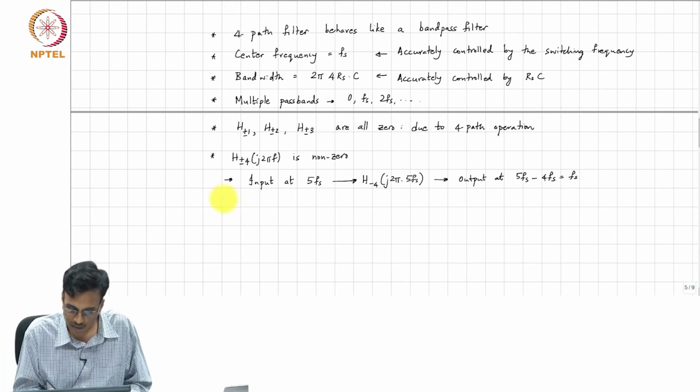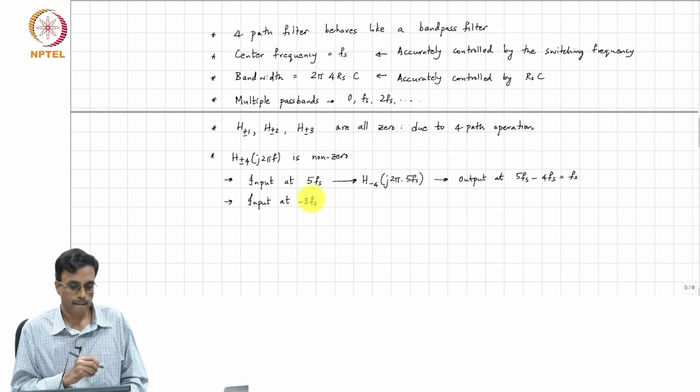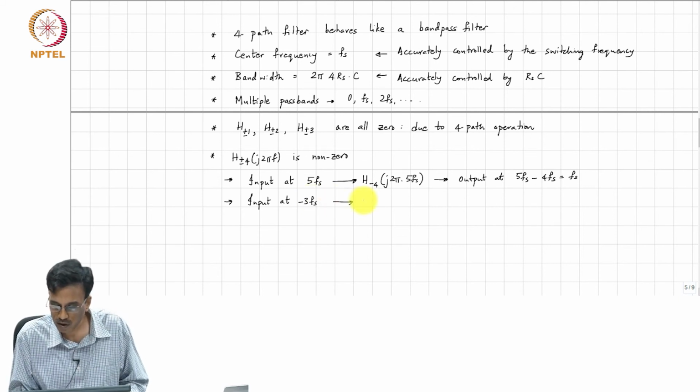Okay. Similarly, an input at minus 3 Fs will go through H plus 4 of j 2 pi times 3 Fs and yield an output at minus 3 Fs plus 4 Fs, which is Fs,